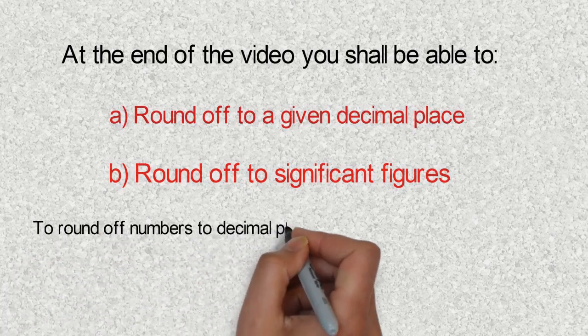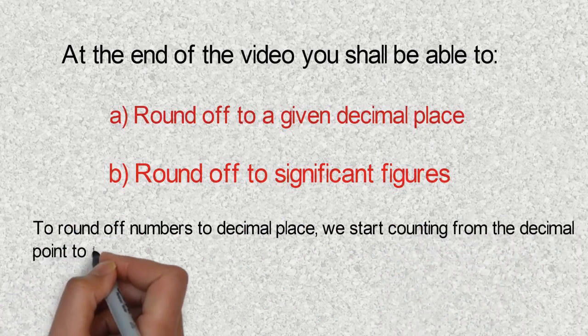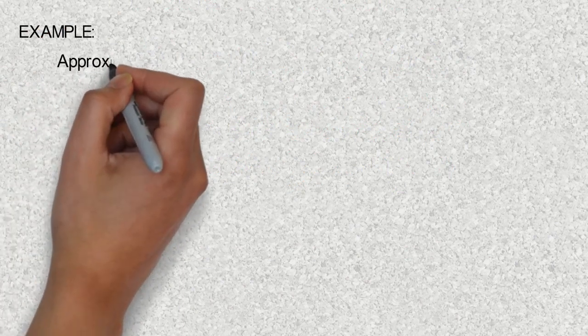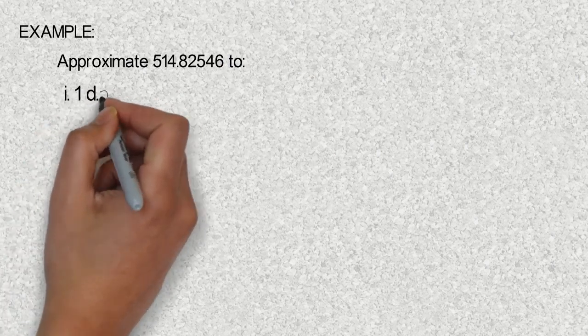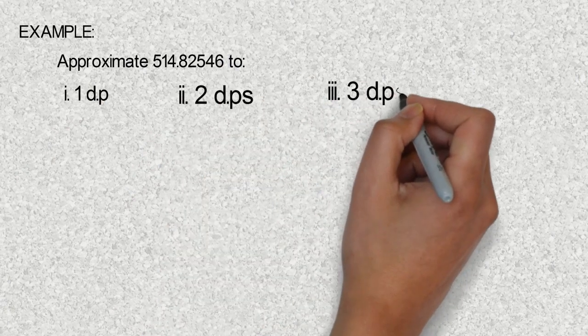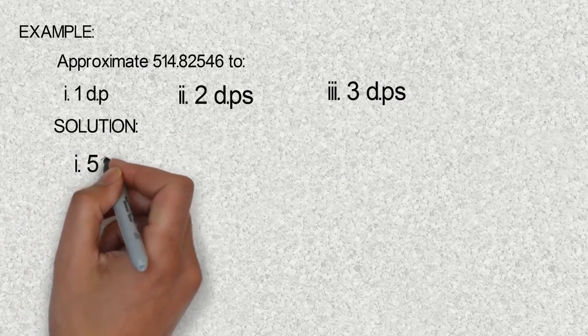To round off numbers to decimal place, we start counting from the decimal point to the right, depending on the number of places given. Example: approximate 514.82546 to 1 decimal place, 2 decimal places, 3 decimal places. DP means decimal place. Solution: